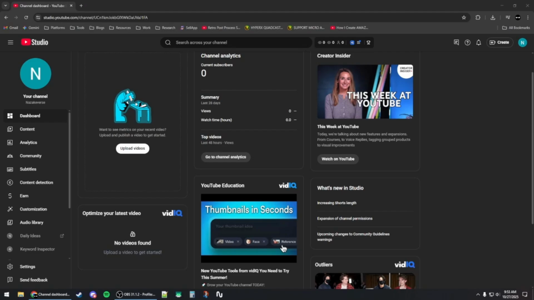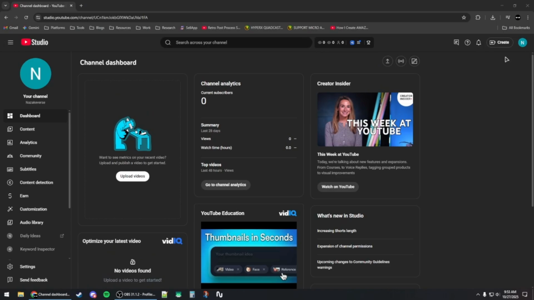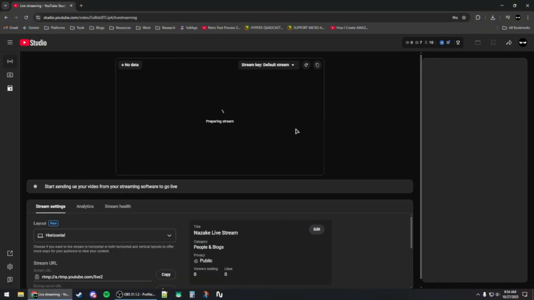Going to show you how to stream your screen to YouTube. So first you will need to head to YouTube and sign into your account, and then make sure you have a channel that is capable of streaming. Now click on the create button and then click on go live, and now you will need to set up